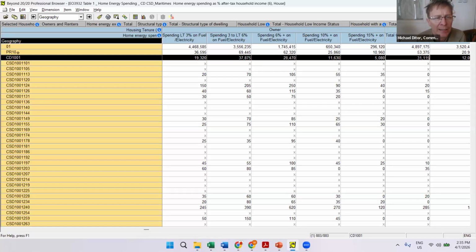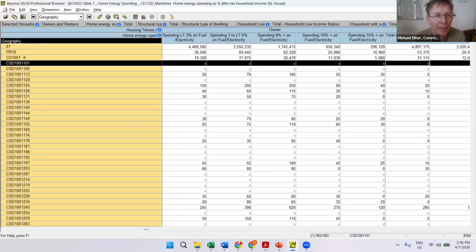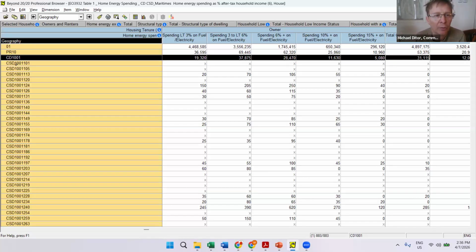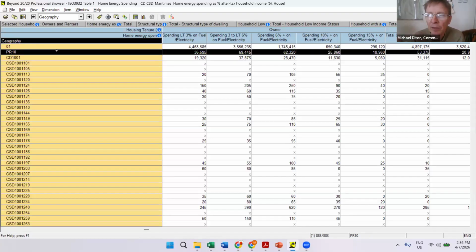Its UID for Newfoundland and Labrador is 10, and then all the census divisions in Newfoundland and Labrador start with 10, and then all the census subdivisions in this census division start with 1001. And so it's one way that you can search for geographies that you're interested in,